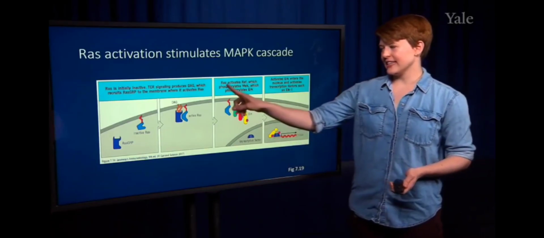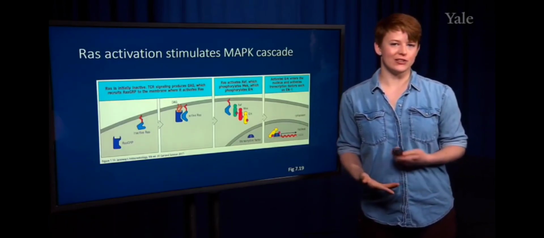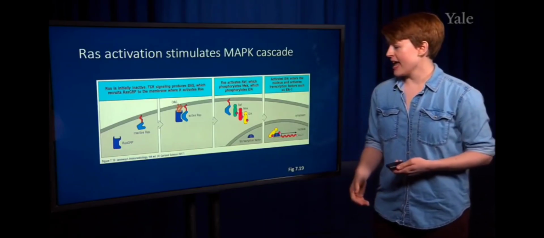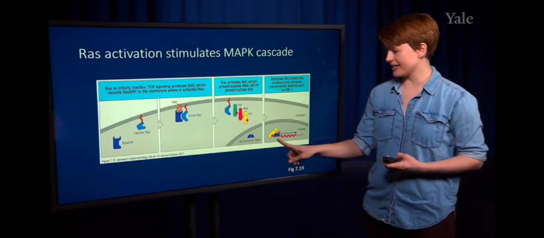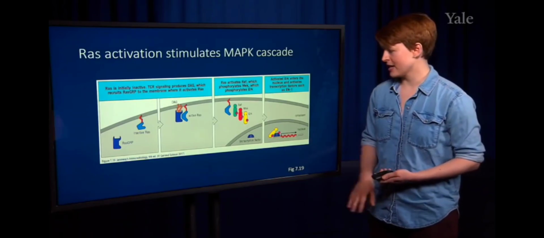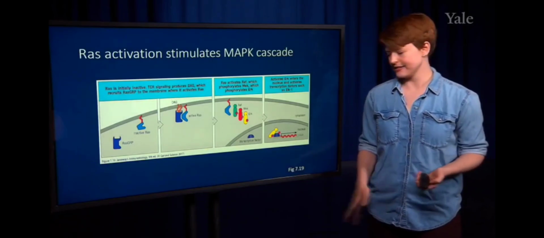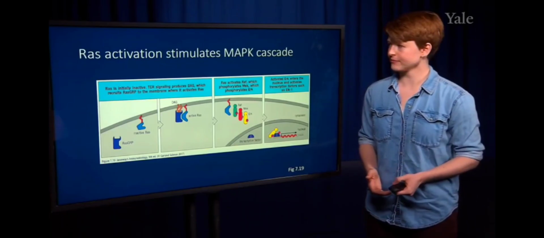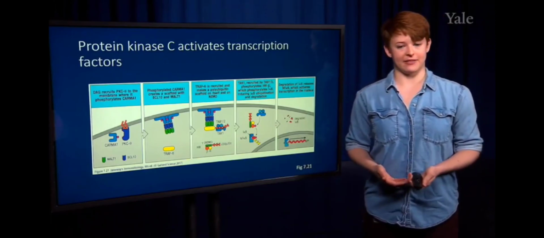pathway is initiated by RAS, this small GTPase. That initiates this MAP kinase cascade, and it allows the MAP kinase to be activated and to enter the nucleus and have transcriptional activity. So it can activate different transcription factors within the nucleus, causing different gene expression. We also see a different pathway, still building off of that diacylglycerol